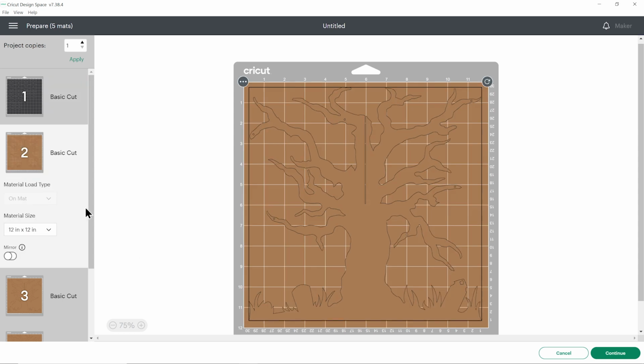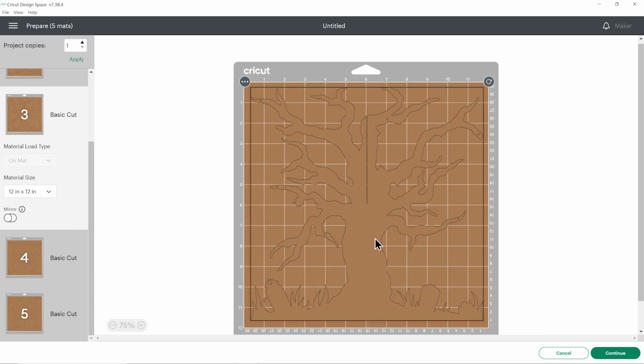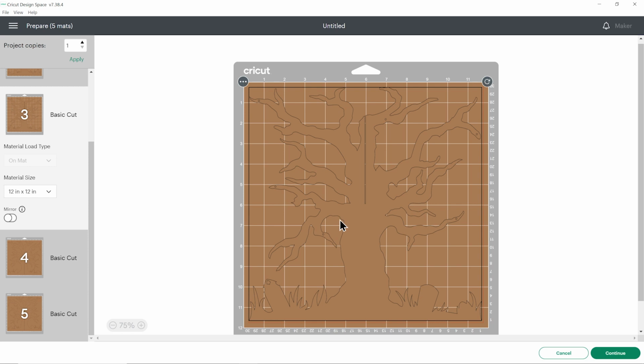Okay. And then I've also got my trees here, so I'll need 4 sheets of this. And you can see it's almost going right to the very edge. As I said, I'm using Craftboard, which I cut on the Craftboard setting. When you're choosing your materials, go into Browse All Materials, and you can choose Craftboard. And you don't need a special blade in your machine or anything like that.